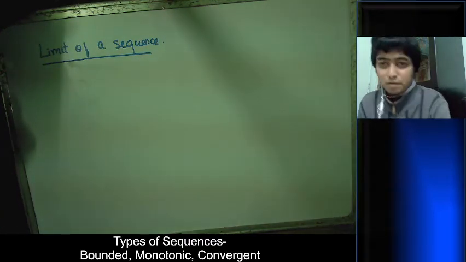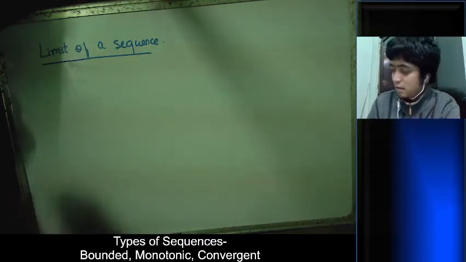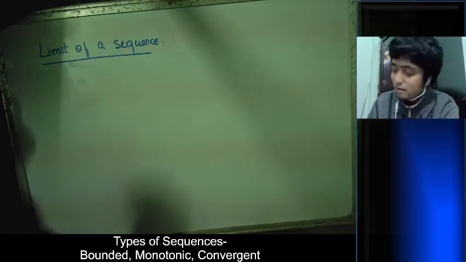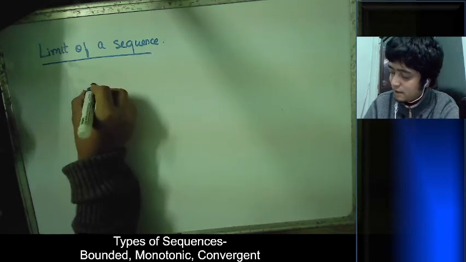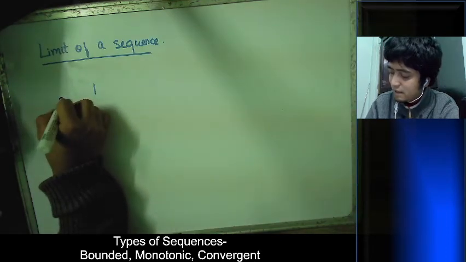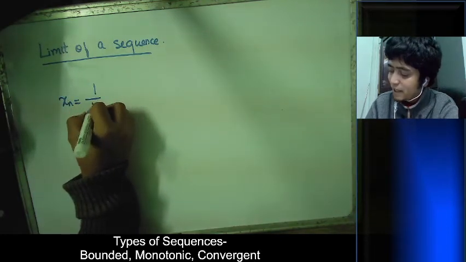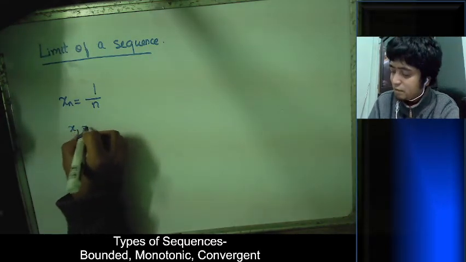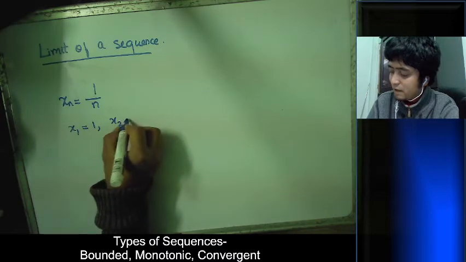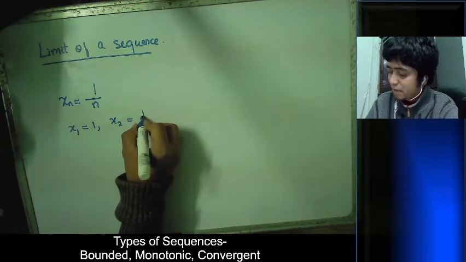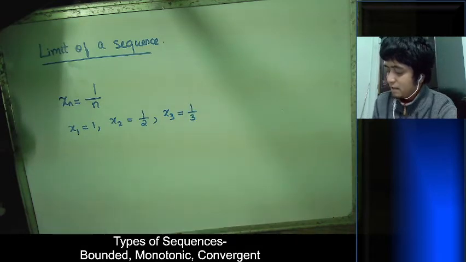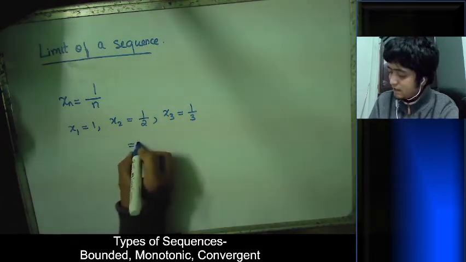Okay, so before doing this, let us have a look at an example. Let's say take this sequence xn equal 1 by n. If you calculate the terms, then you will be having x1 equal 1, x2 it's 1 by 2, x3 it's 1 by 3. Okay, if you calculate these numbers,